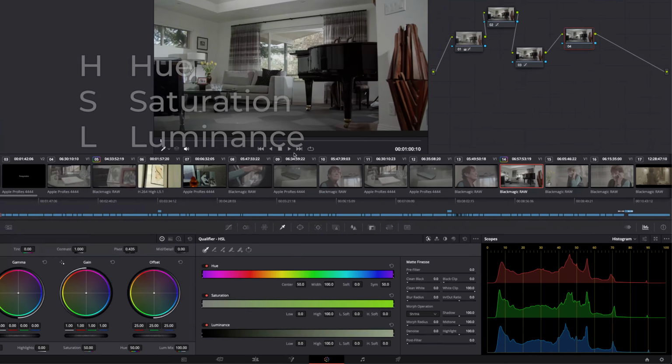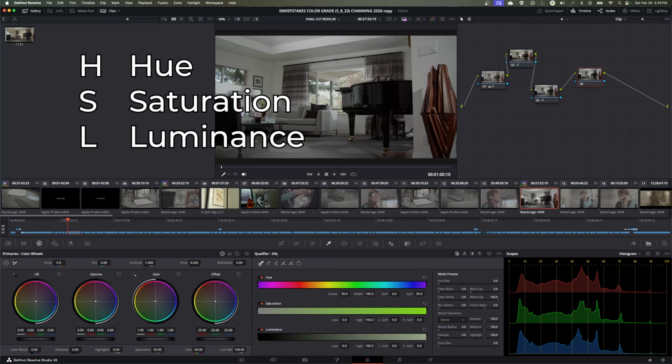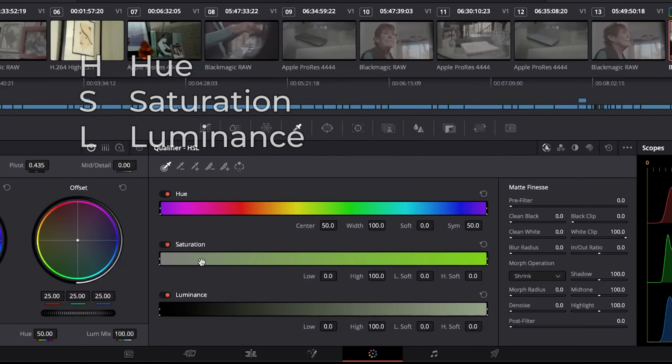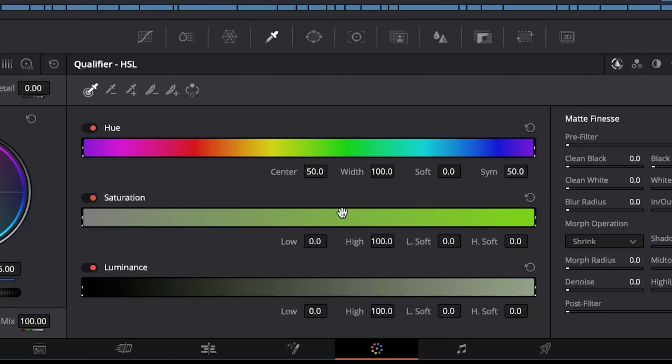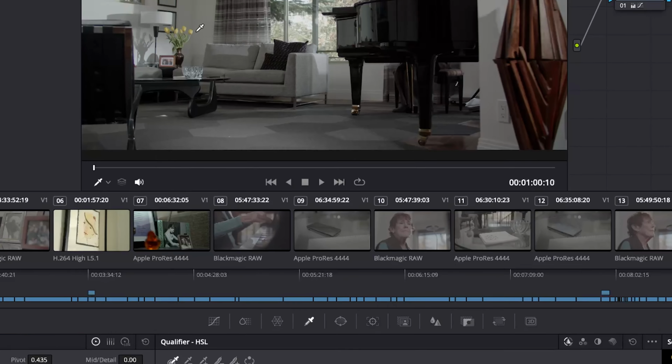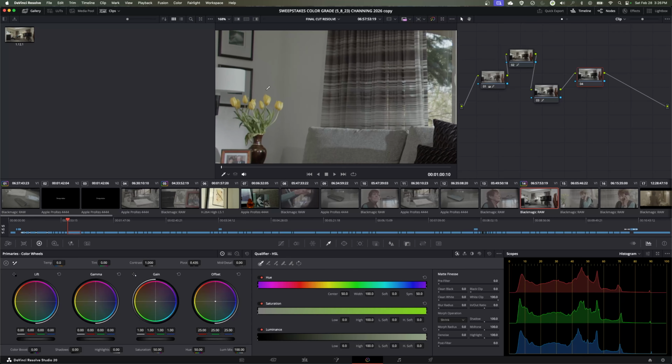our image here. So the HSL stands for hue, saturation, and luminance. And you have a hue slider, a saturation slider, and a luminance slider here. Notice the hue, you have all these different colors that you can choose from, and then the saturation is whatever color you've chosen. If we go up here and we click on the flowers, click on the yellow here,